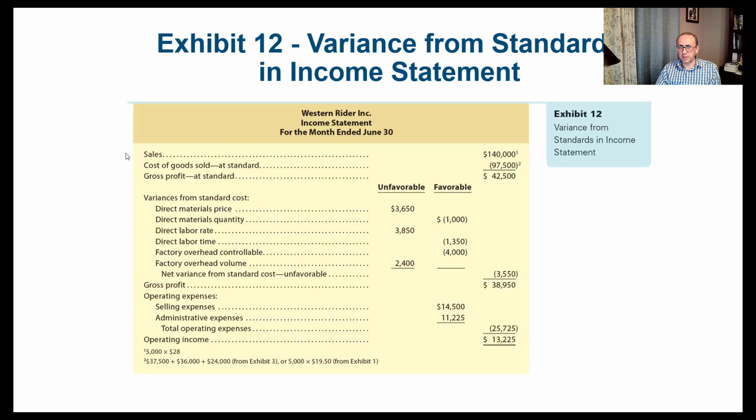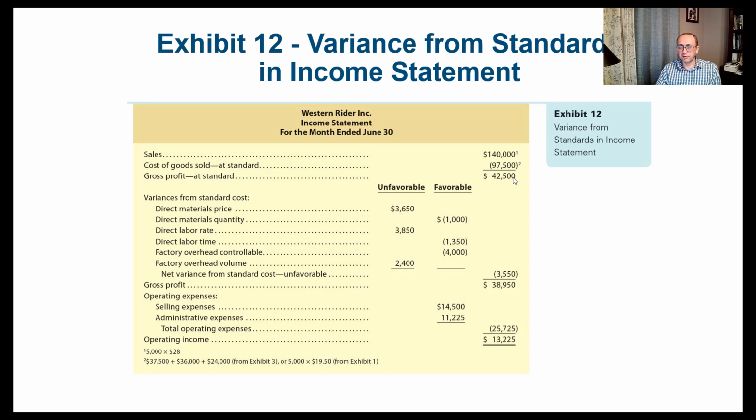And again, here we have the sales, 140,000, and we have 5,000 units sold at $28. We have the cost of goods sold at standard, and that's 97,500. So we get the material, the labor, and the overhead. That's from Exhibit 3. Or maybe we can use 5,000 units sold at $19.50, and that's going to be 97,500. And that's the cost of goods sold at the standard. So the gross profit at standard would be the difference between the sales and the cost of goods sold, which